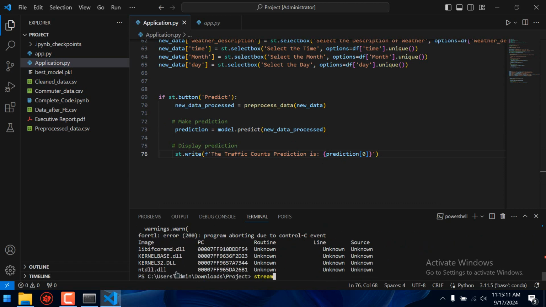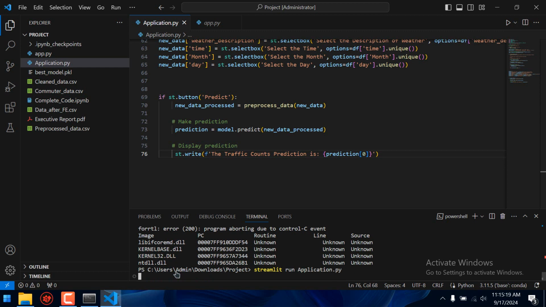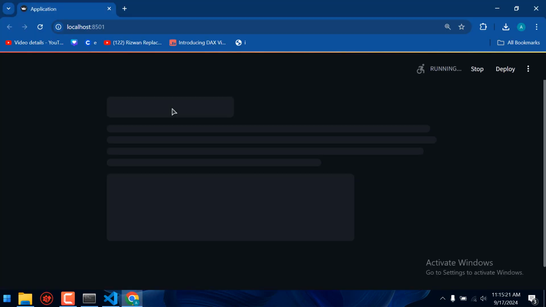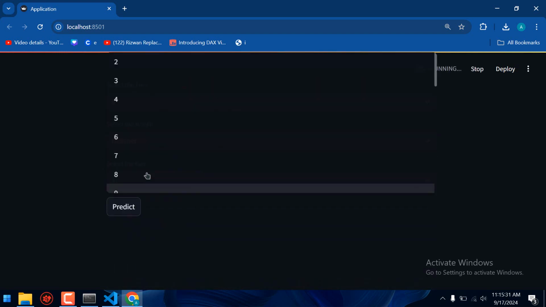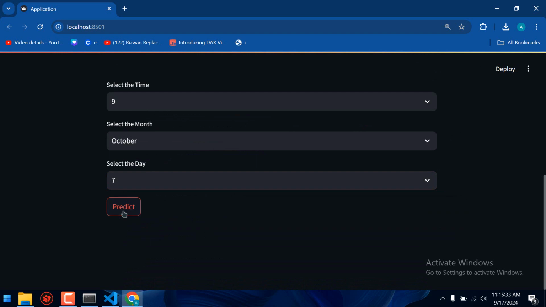Streamlit run application.py. Now take the air quality index value as 200, the wind value as 300, the number of days as 7, and predict.